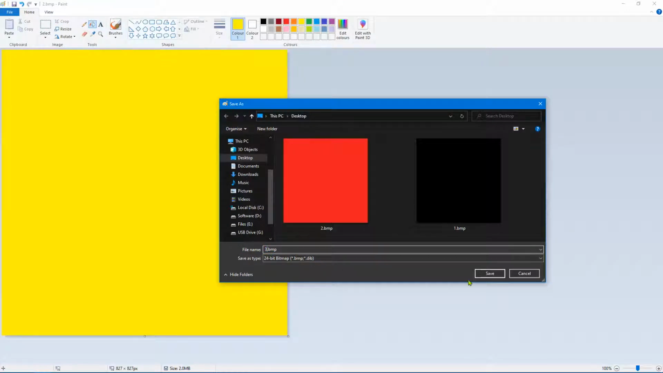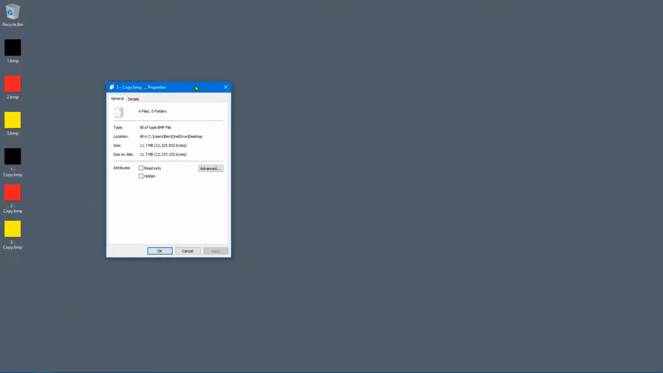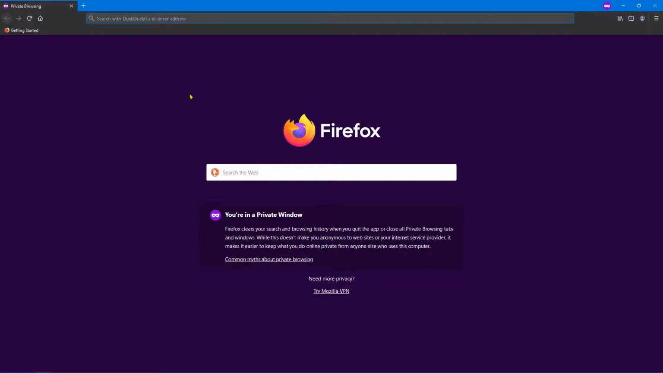as 3.bmp. And just to make it interesting, I'm going to copy those files and paste them. So we've actually got 6 BMP bitmapped graphics, photos, images. Let's have a look at what sort of size they're taking up on the disk. 11.7 megabytes. So what I'm going to do is I will put a link in the description to 7-zip, but